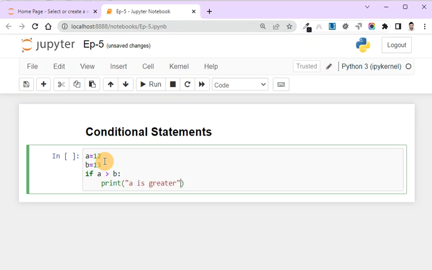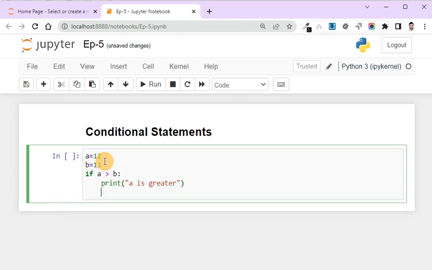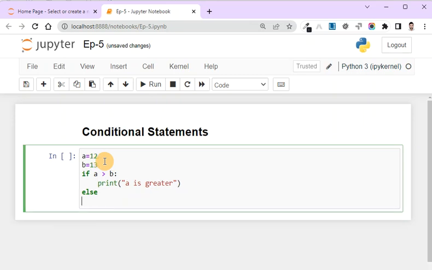For the else block, in other programming languages we use curly braces to maintain the block, but here we are not using curly braces because Python doesn't support curly braces. You can see there is a gap of one tab for every line. That gap is called indentation in Python. We have to maintain that indentation because it is responsible for defining the block